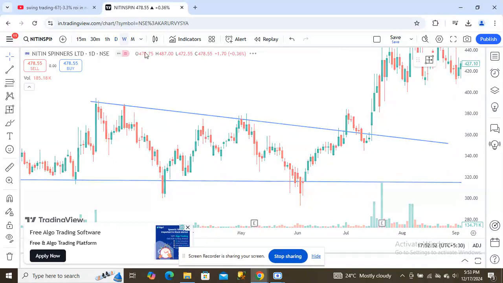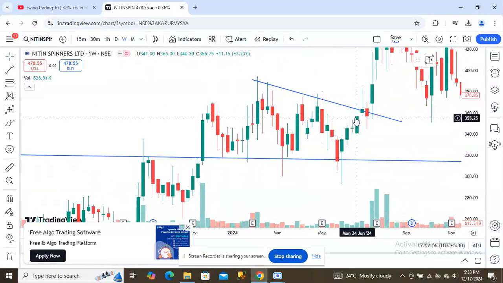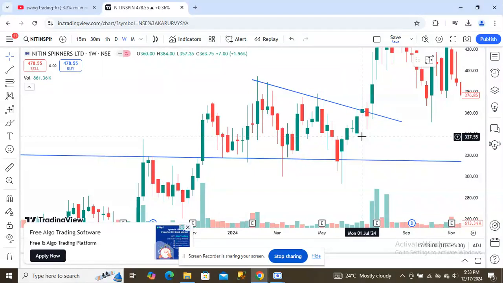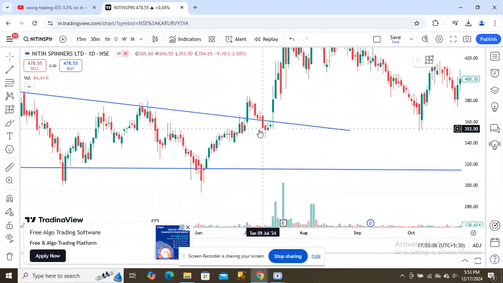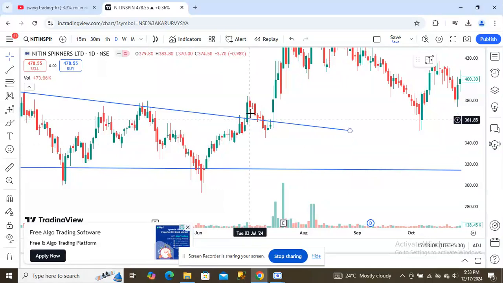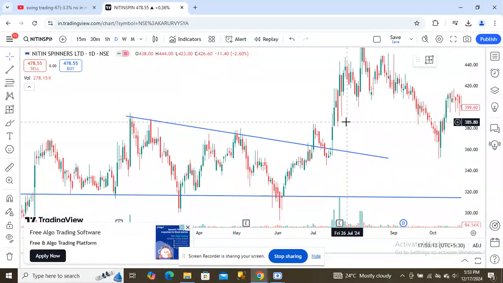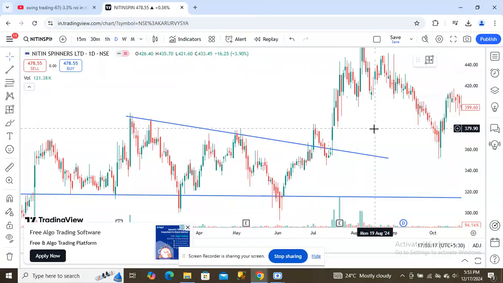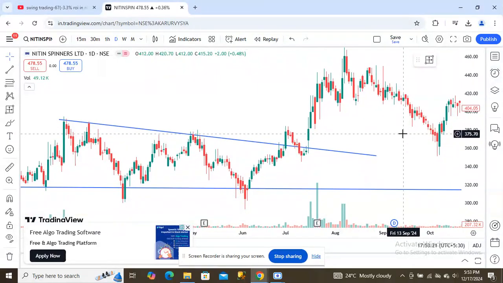I didn't put a good stop loss. The good stop loss must be below this, in the weekly time frame, below this weekly cross candle. I put a very small stop loss. That is the reason. If I had put the stop loss below here, then I would be in profit in this stock, right? Analysis is good, but the way of execution is very bad. And let us see the reason behind it.